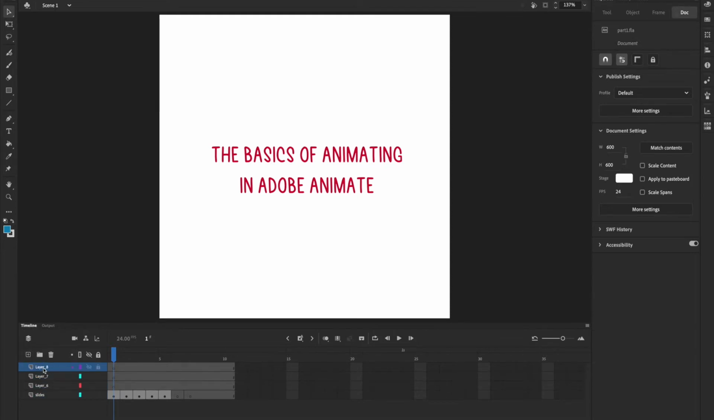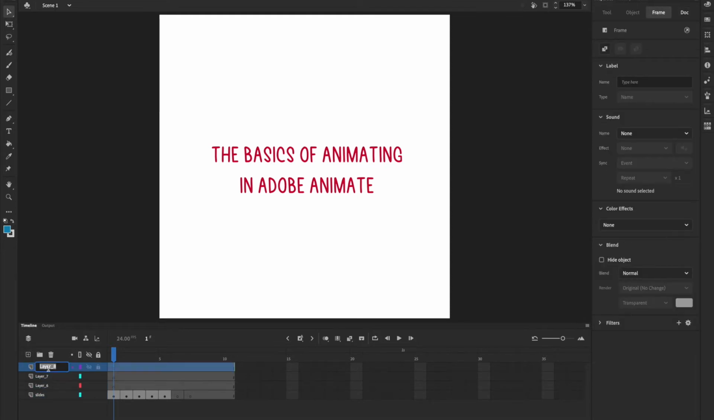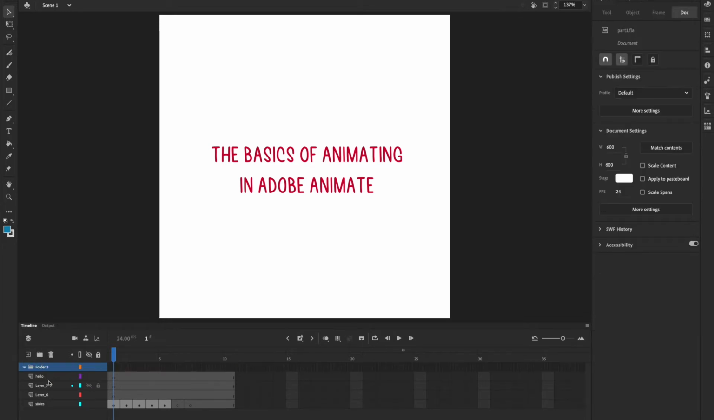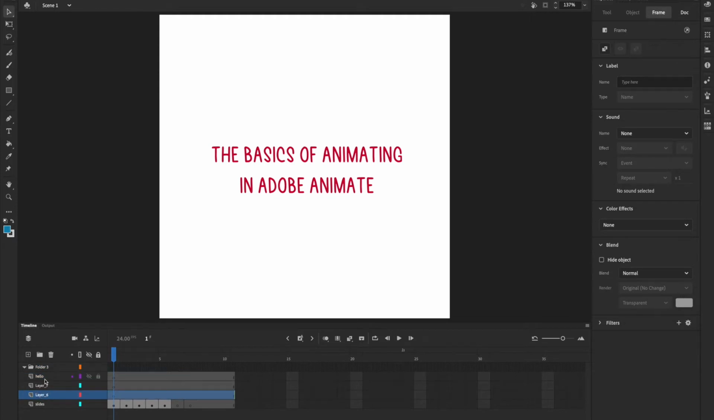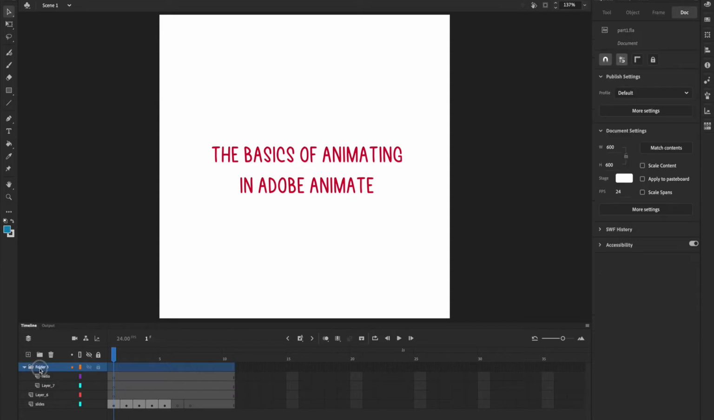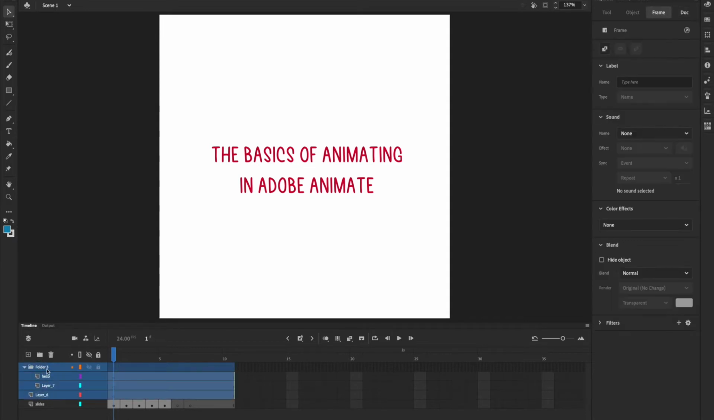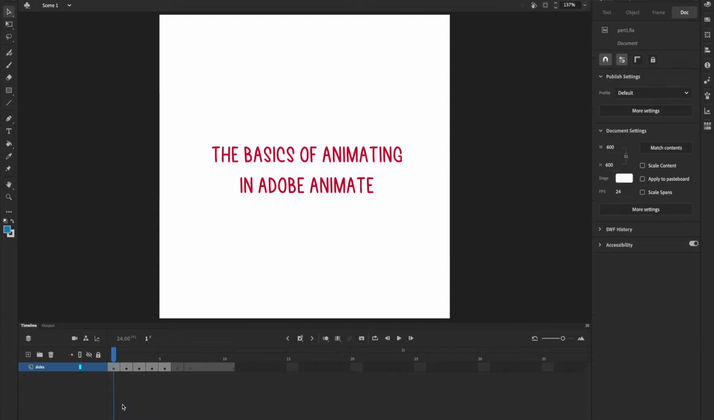You could rename a layer by clicking on the name and typing in the name, renaming the layer. You could also add folders to organize all the layers that you have by clicking this icon, and by dragging your layers under it, you would have them under the folder. So let's just delete them. Okay. You could also zoom in and zoom out